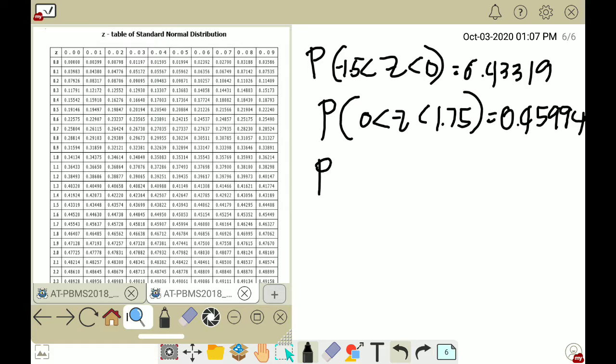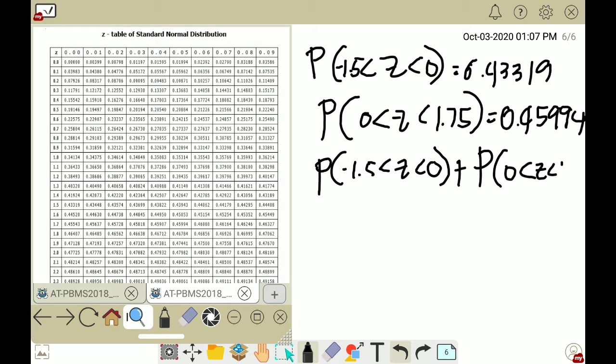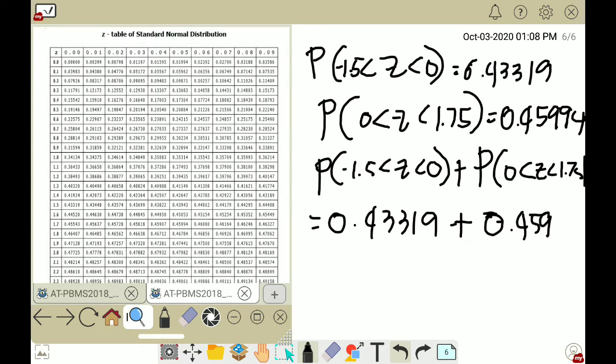So add both of them, 0.43319 plus 0.45994, and the total